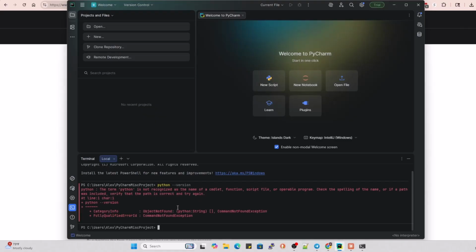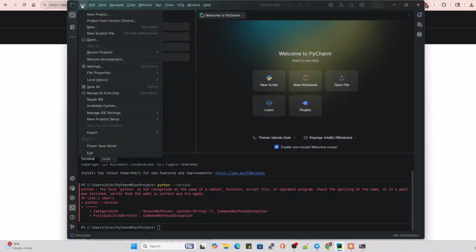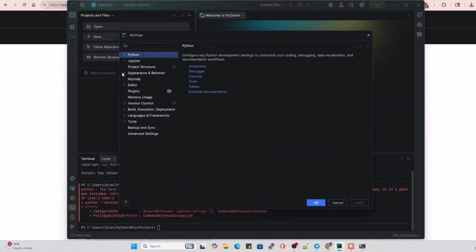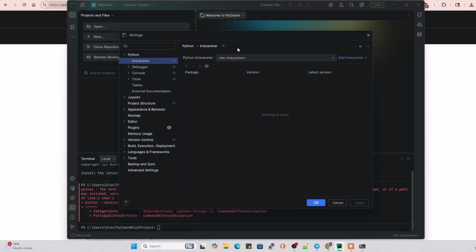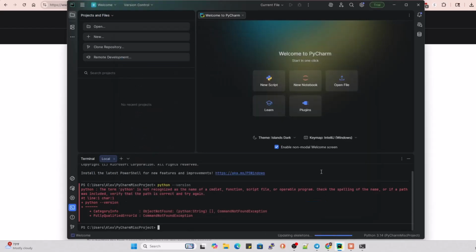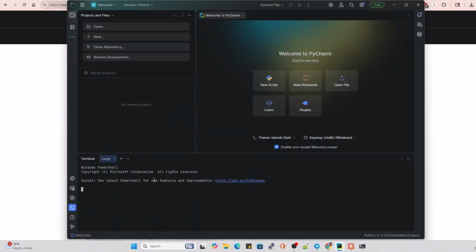and now it errors out because there's no Python established for it. So we'll have to go to the file. We'll go to the settings in PyCharm. And then in Python, there is the interpreter. You have to navigate here and you'll have to select an interpreter. So we're going to select Python 3.14, the one that we installed, apply, hit OK. And let's close this terminal and open a new one. And now we have a virtual environment within the IDE where we can do python --version. And we see